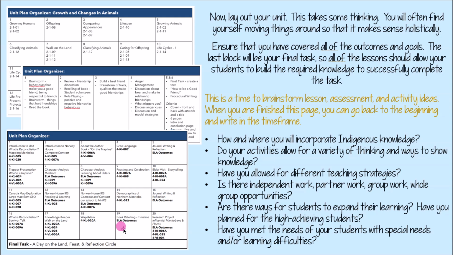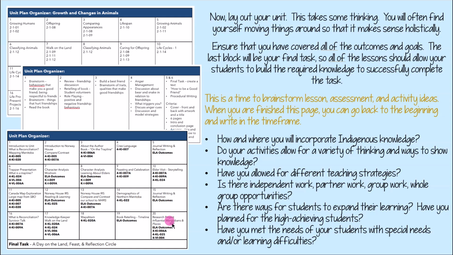So for this unit, there's 3 final tasks because I want to see different ways of knowing. So one final task is for the ELA outcome. So they're retelling the book on the trap line using a timeline. So I have little pictures for them and they have to put them in order in a timeline. There's some blank squares that they have to draw their own things to add to the timeline to retell the story. Then they're doing a final task that's more focused on the social studies aspect, though it is also ELA